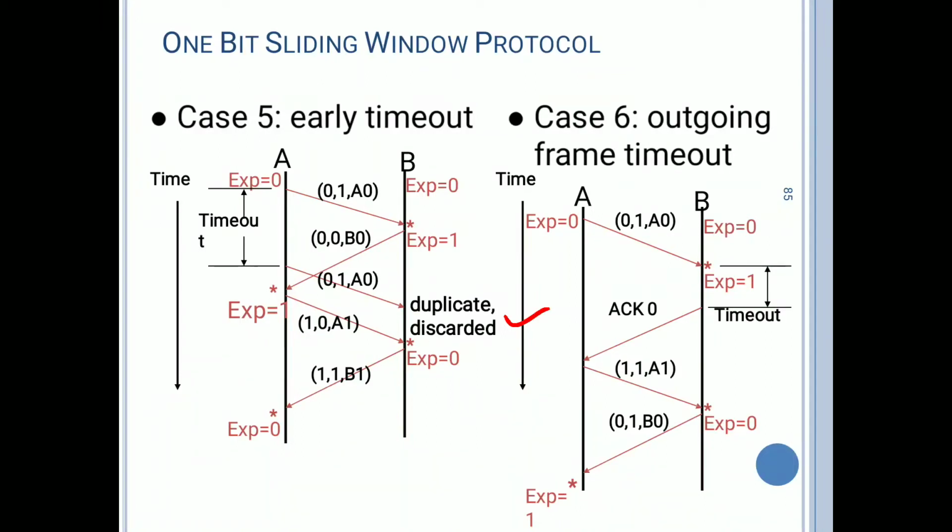So in this way, one bit is sliding at the receiver side and one bit at the sender side. This process is similar to stop and wait only. Again we have the problem that more bandwidth is available but less utilization is possible, because only one bit is sliding at a time. To overcome these disadvantages, we move to the next protocols, based on the window size, where more than one frame is attached to the window and transmitted to the receiver. So in the next class, we'll see what is